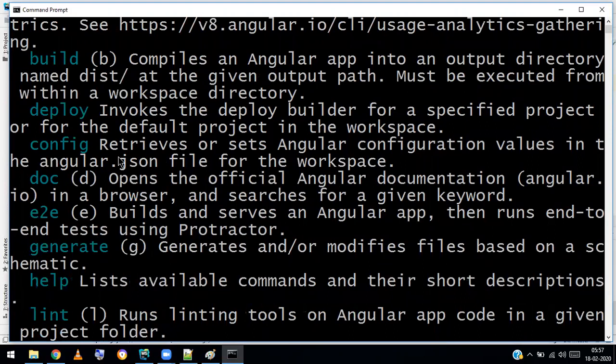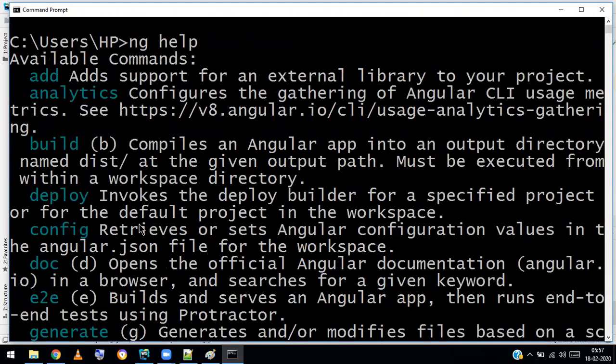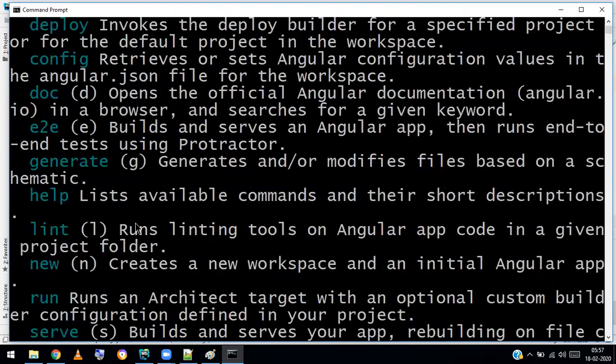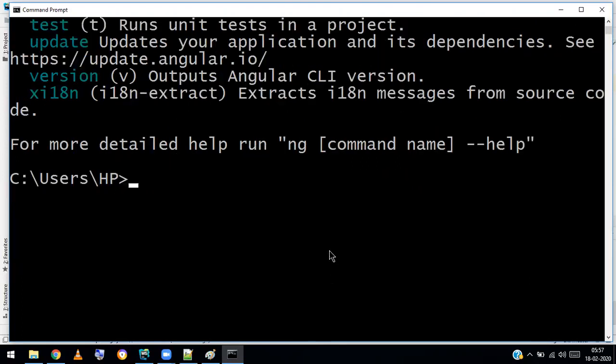Okay, we have deploy, config, help. Only the basics are given. For more detailed help: ng, the command name, and help. Okay, understood.